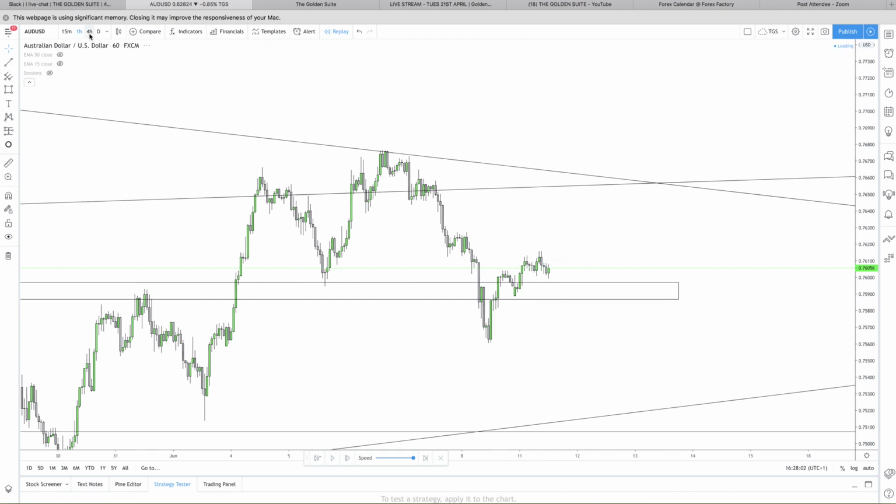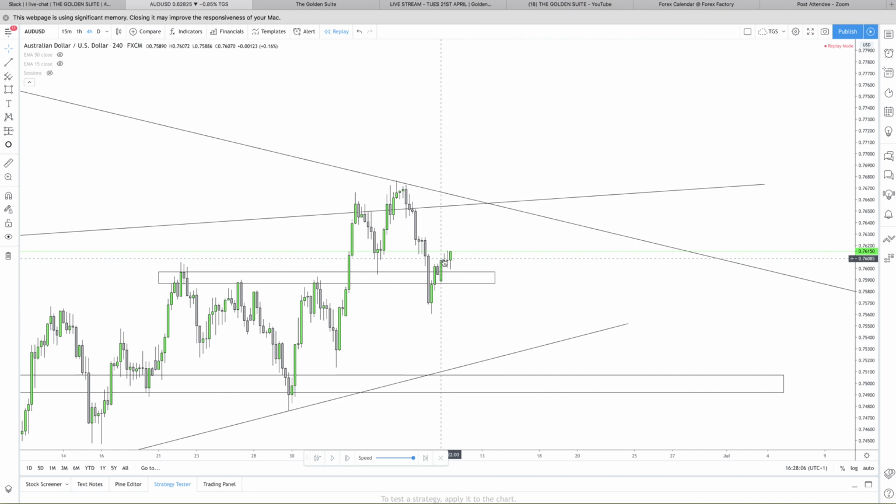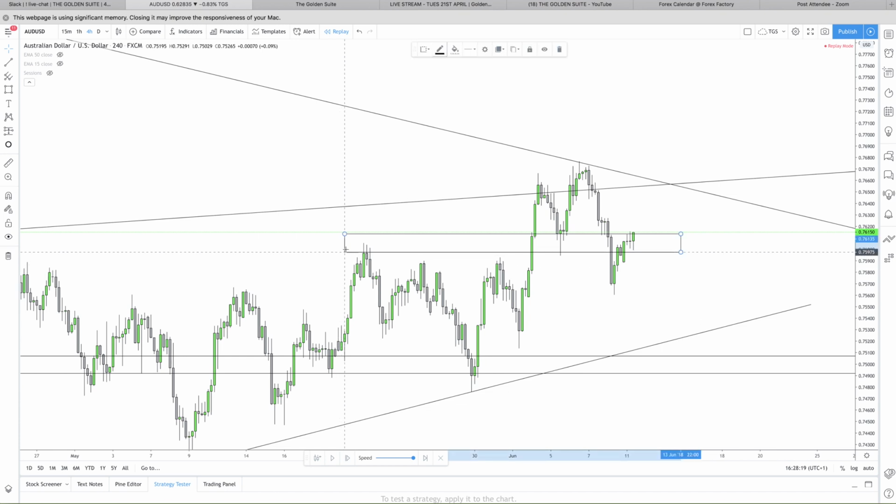So don't forget, it's based on averages. You can see there, 4 hour time frame as well. We kind of got a bit of a double rejection. Now, this level, okay, I don't plot them too high, but it can go right the way up to there, can't it? Because that's the body. You can even pull it up to here if we really wanted to. So don't forget, just because you got something plotted on the first time, doesn't necessarily mean that's exactly where the level is. This uptrend,